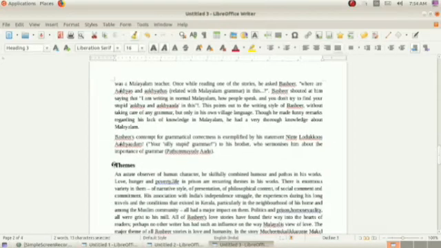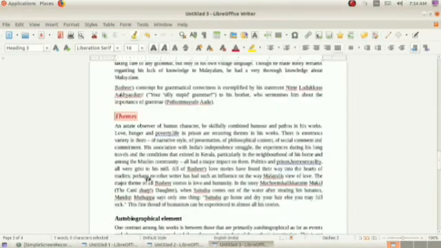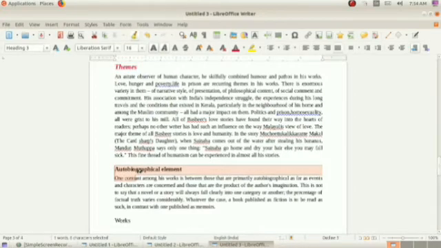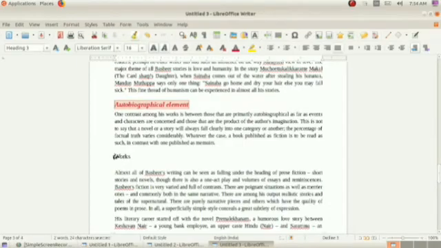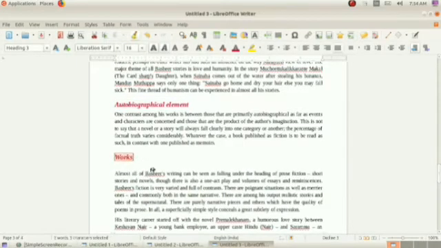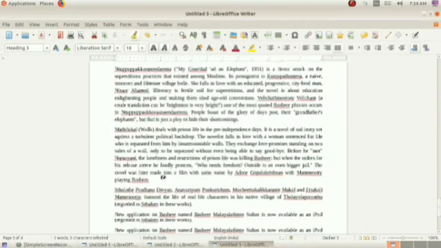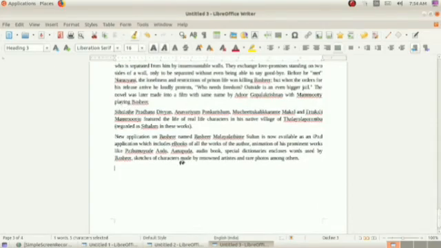Okay, autobiographical element, then works, etc. This many subheadings are there, so I am doing all these subheadings by clone formatting.